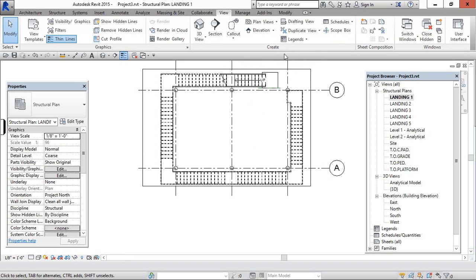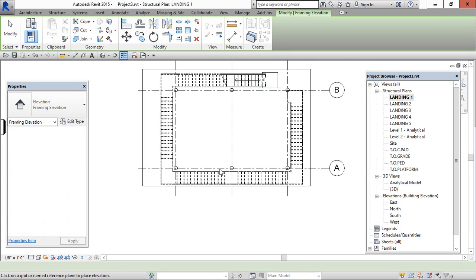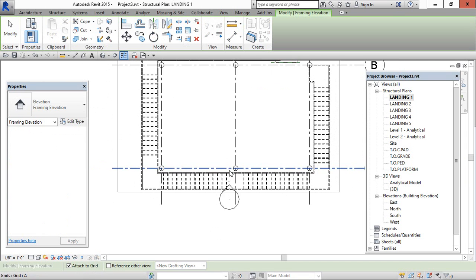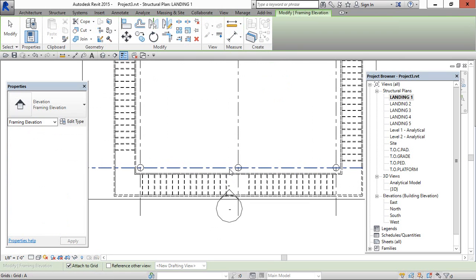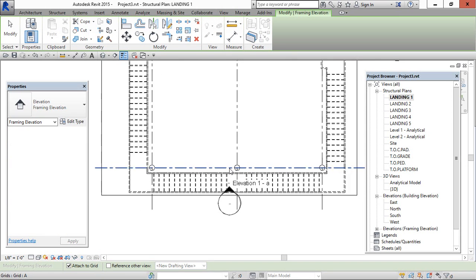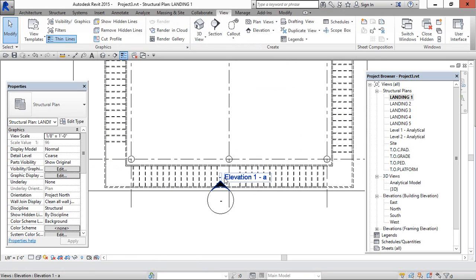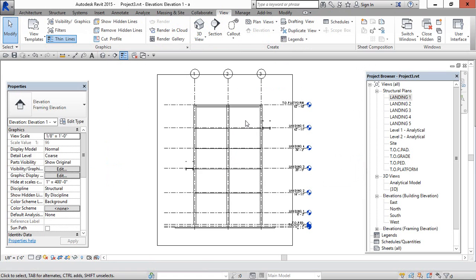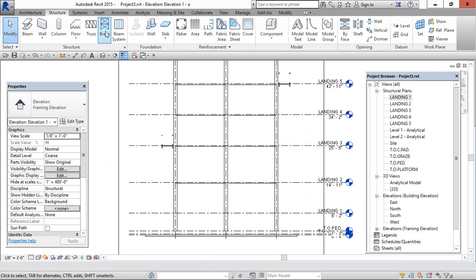We can see under the create tab we can see elevations, click that, and framing elevations, select that, and which grid we are going to place bracings, that one we have to select, and just we have to confirm which side we need, which elevation we need. I'm going to select like this, and I have got this one, and select this one, and we have come here and go for structure and brace,